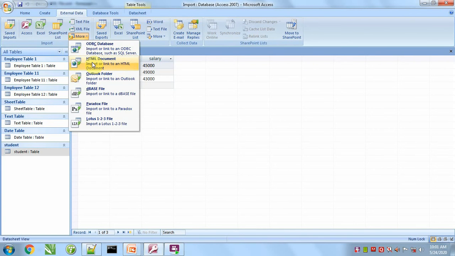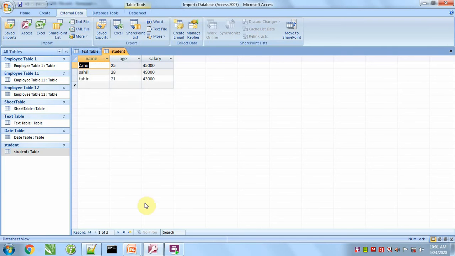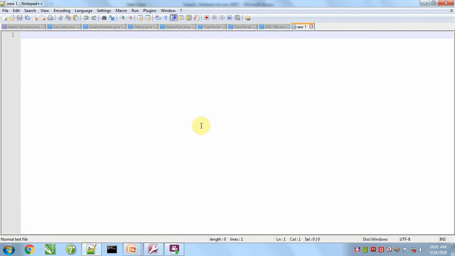Now we will import data from an HTML file. For this we have to create a file in HTML.